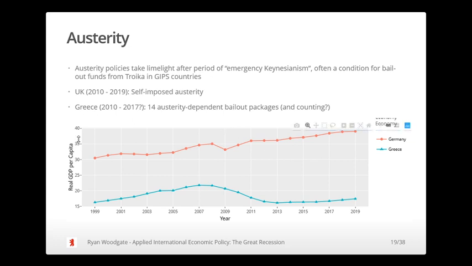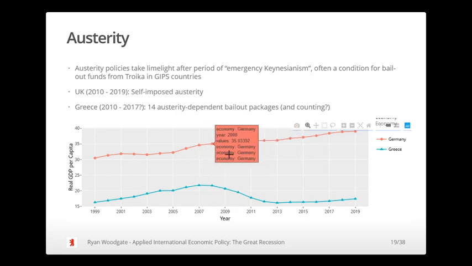Okay, before we finish up on this video, just to try to get an idea of the effects of the financial crisis and austerity in Greece, we have real GDP per capita between 1999 and 2019 for Germany and Greece, and we see that in both economies it's rising up until the bursting of the bubble and the financial crisis. And in fact, there's a little bit of convergence going on between the two economies. But then